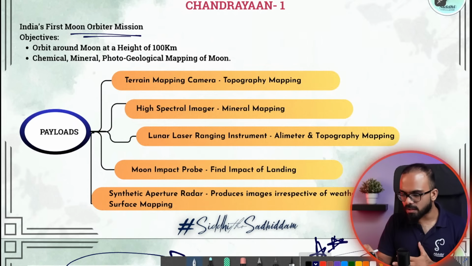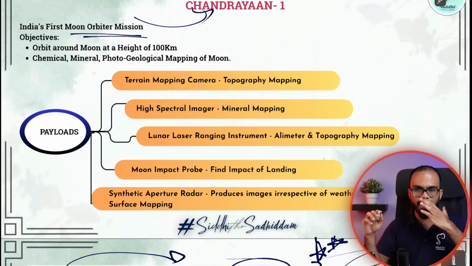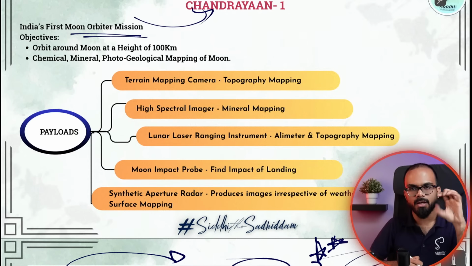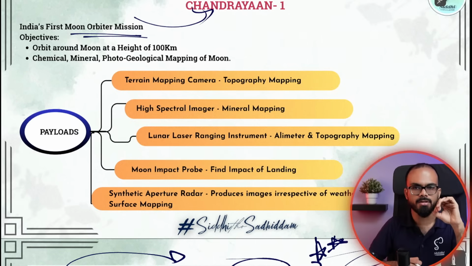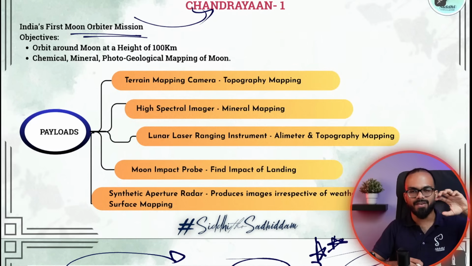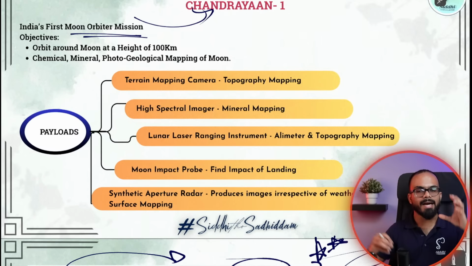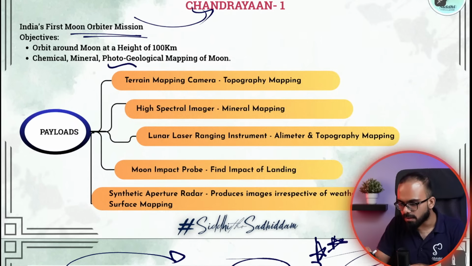Now, the first mission is the moon's orbiter mission, Chandrayaan 1. It orbited at around 100 kilometers. The original objective is to map the entire surface of the moon. Now, there was one question from you who asked, what happens if I land directly? If you want to land, for example, you need to know the surface. Where are mountains? Where are craters? Where is a volcano? Where is a depression? You need to understand all these things, and this mapping is called geological mapping.